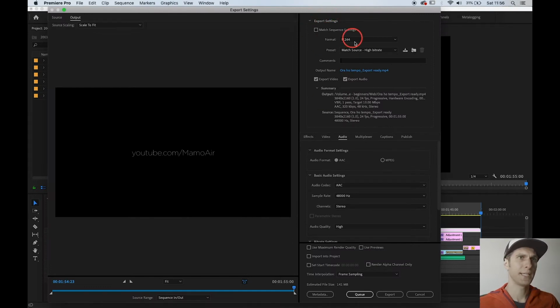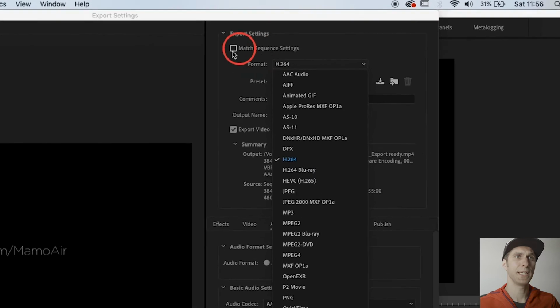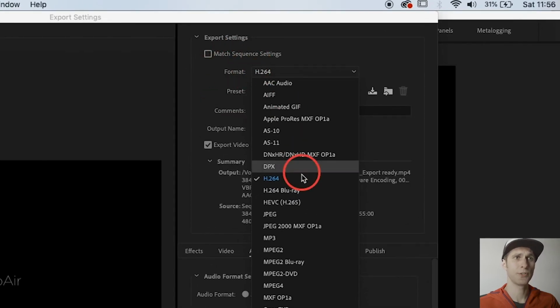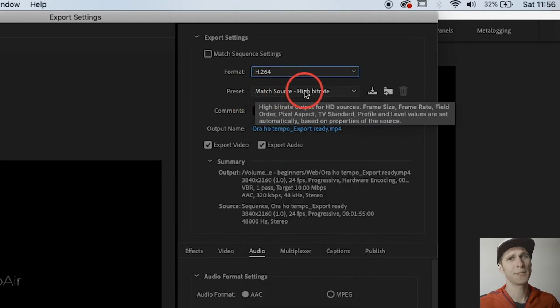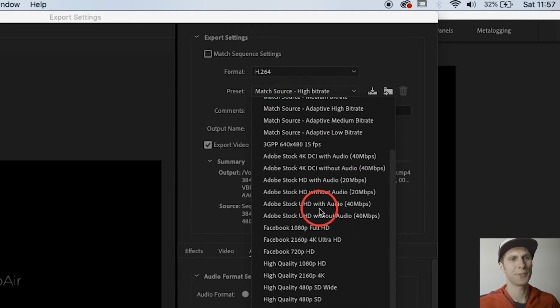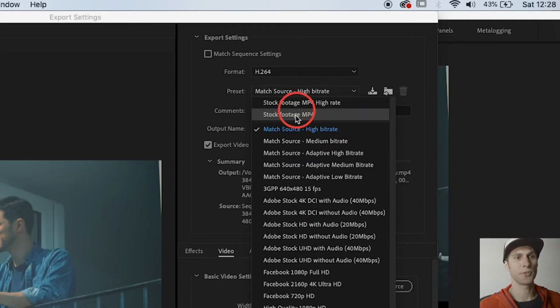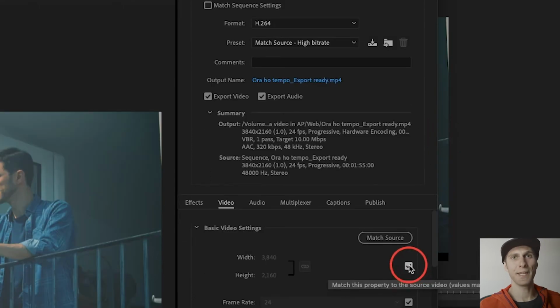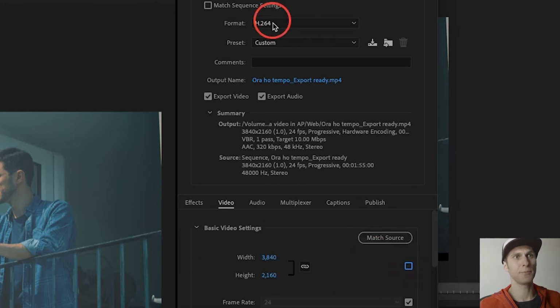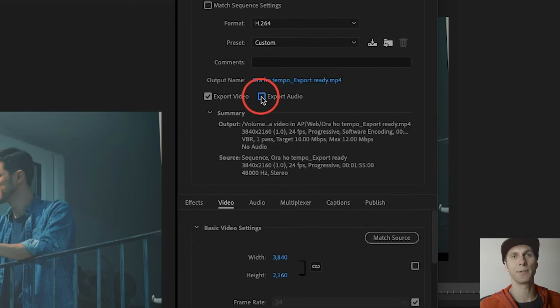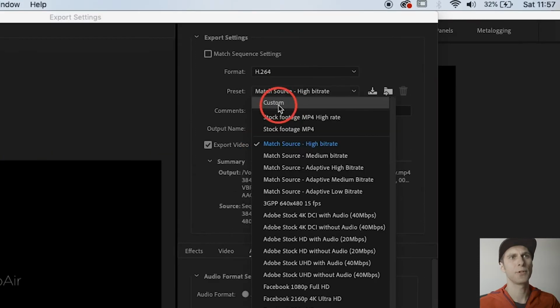So a few settings. You will see here in Format, we want to use H.264. So make sure you select H.264. If you go in Preset, you will see a long list of presets. If you don't see the custom options on the top, then select any of them and then just modify any of the values here, or just untick, for example, this window, and automatically on the top you will see you have now a preset, like a custom preset. So just change any of the settings and it will create a custom options for you. So we go to the top, custom,